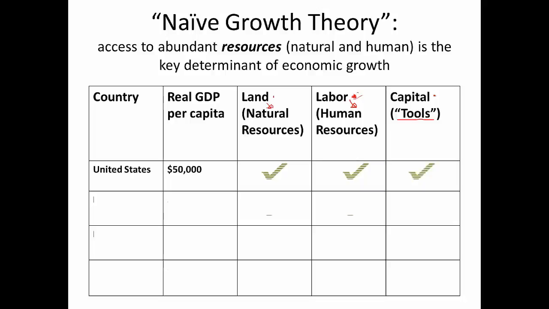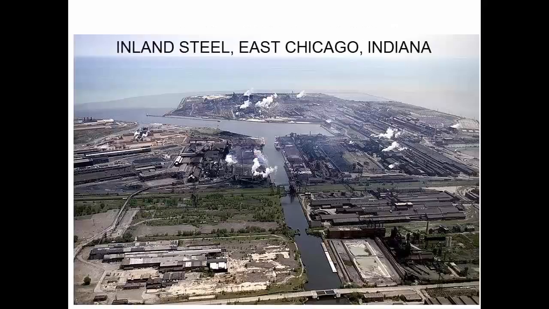And of course, also capital. Just look at any city in the U.S. Look at the buildings. Look at our infrastructure, our highways, our railroads. Look at our factories. We're probably the most capitalized large economy in the world today. So the U.S. has got it all, and we have high real GDP per capita. No surprise. Okay, so naive growth theories: if you have all the resources, you're going to have growth. Seems to apply. Just to give a sense of all the resources coming together in one place,